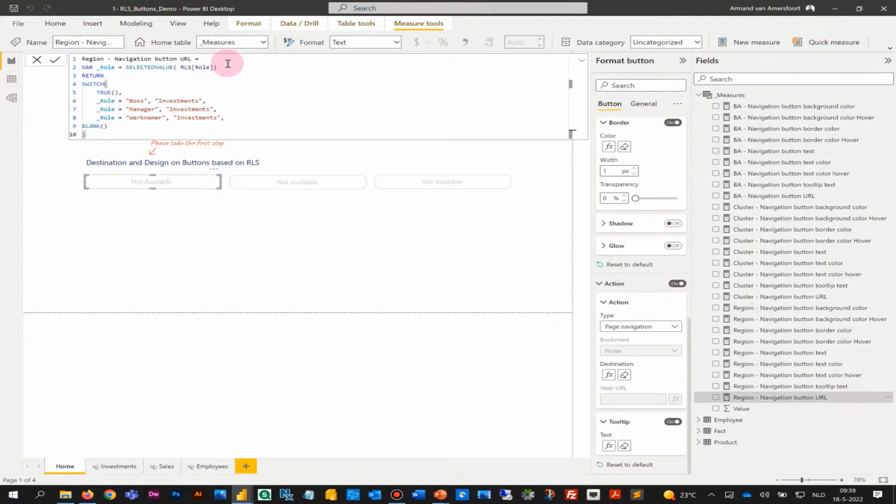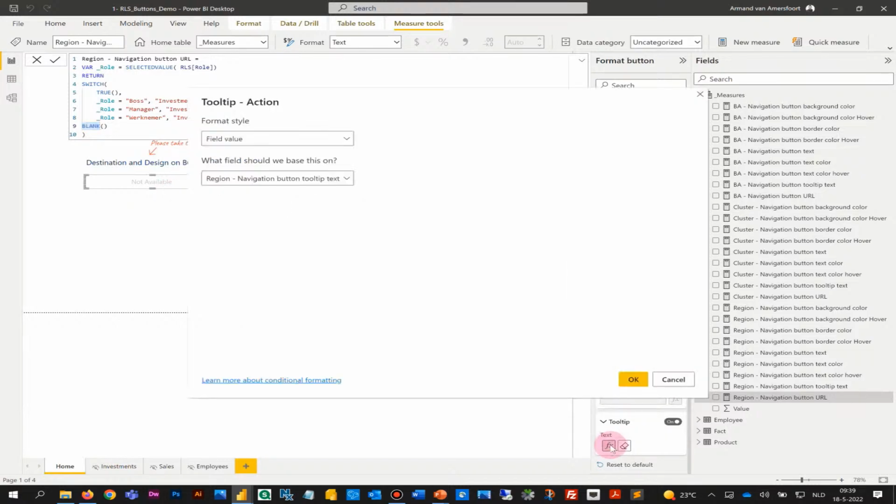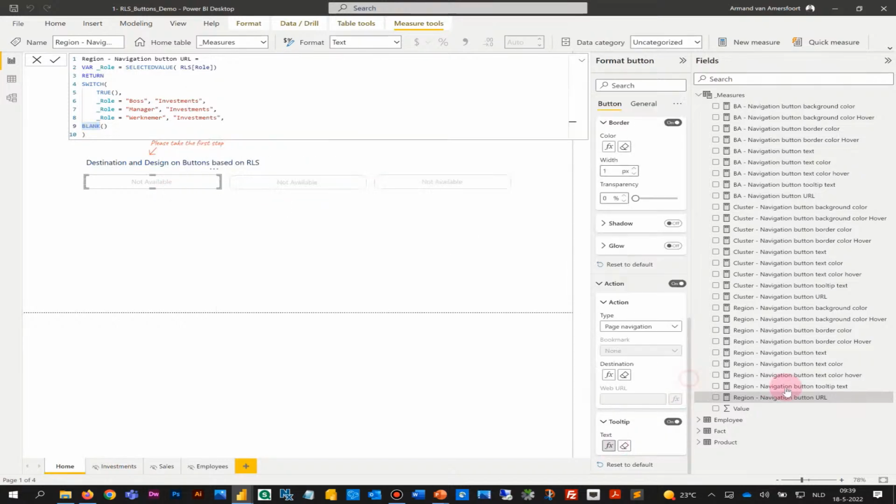What is your role? Here it's saying, if I am a boss, then I can go to investments, which is this tab over here. The same goes for manager and employee, but if I'm not one of those three, then it will be blank. So that's the first one. In the tooltip as well, it's the same: it's the navigation button tooltip. It's over here saying, okay,